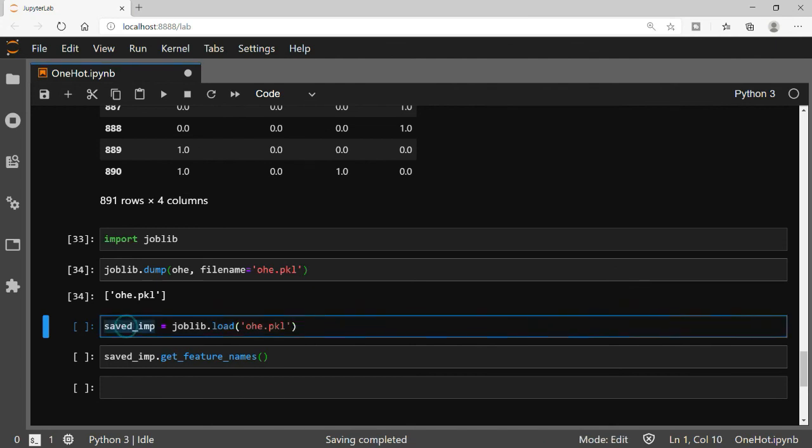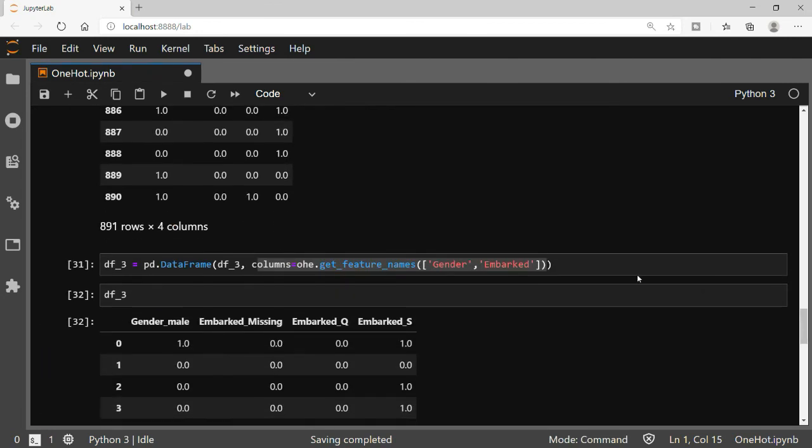You can simply load it. You do not need to write all those lines of code again and again. You will simply need to load this pickle file. How? You can try joblib.load, and let me copy these variable names, it will make more sense.